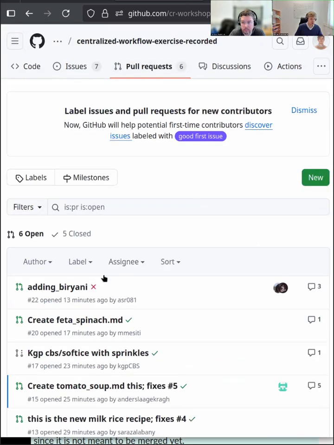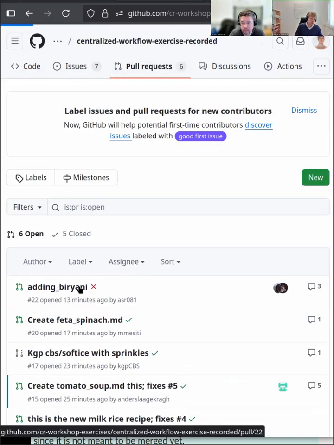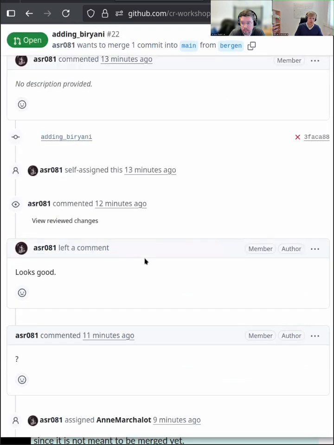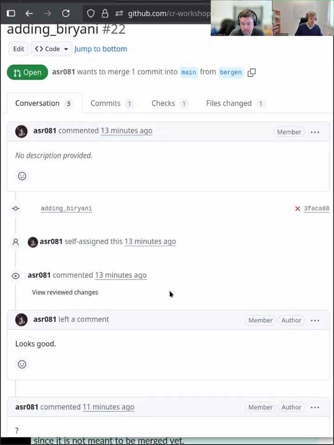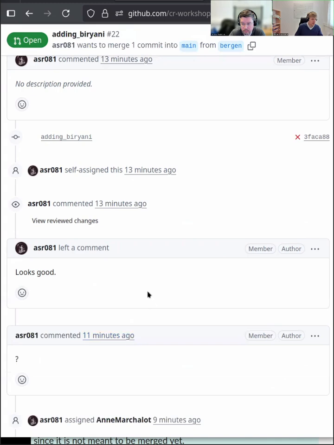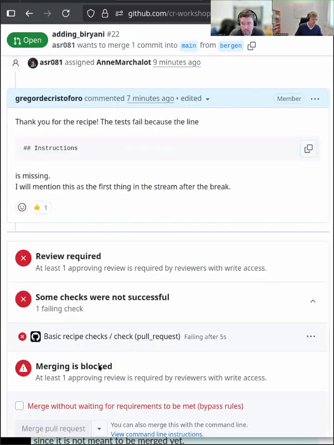Now, this is, of course, a somewhat silly example. You would use this later on, for instance, if you have tests written for your code and you want to make sure that every time there's a new contribution to your code, this doesn't break any of the existing functionalities of your code base. But in this particular case, we can now have a look why this exactly happened.